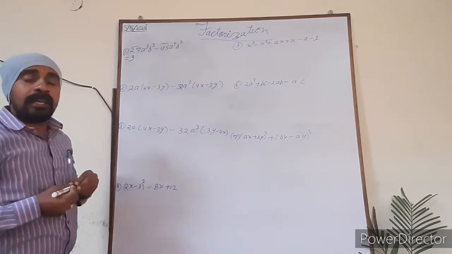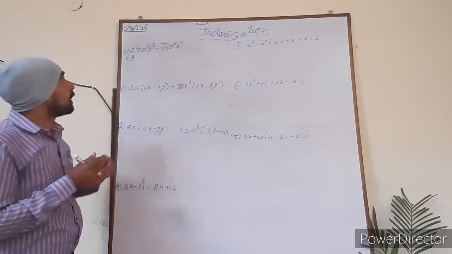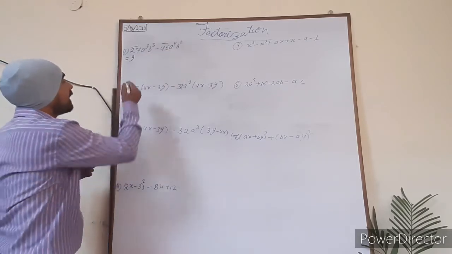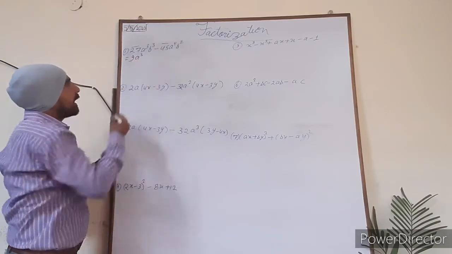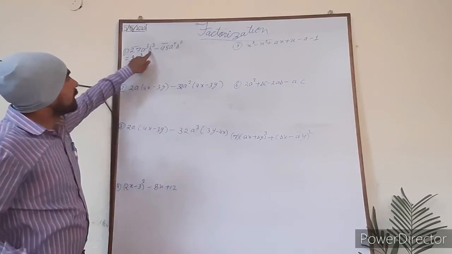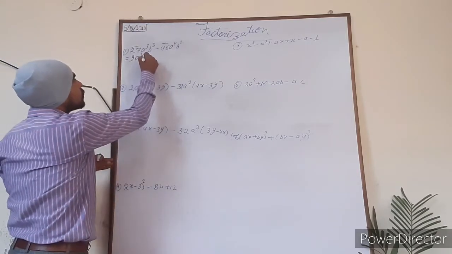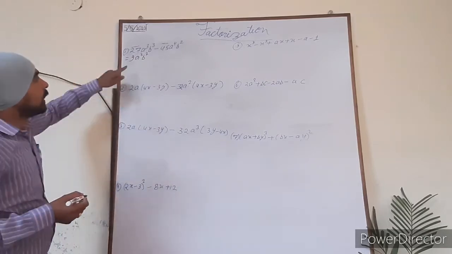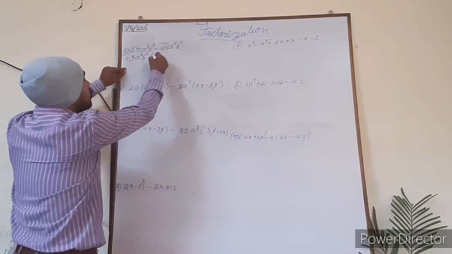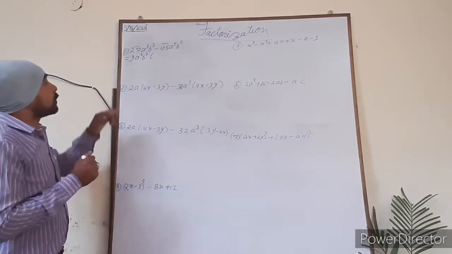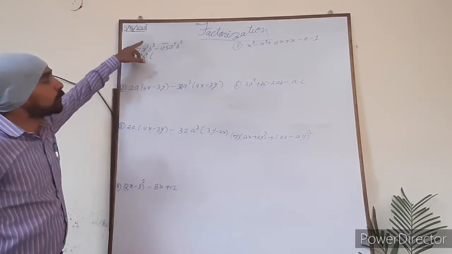After 9, we have to see the minimum power. So this is a to the power 3 and this is a to the power 4. So what is the minimum power? That is a to the power 3. And after that, in b, this is b to the power 3 and this is b square. So what is common? B square. That has been taken here. If you take this common, what will it do? Yes, just recall once. So this 9a cube b square is going to divide this one.